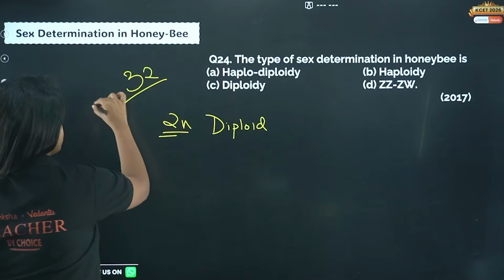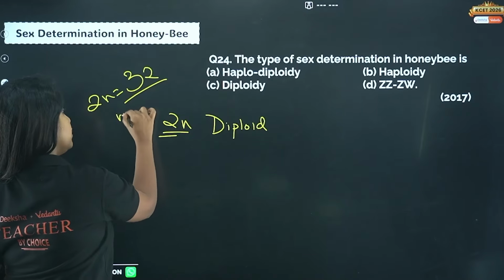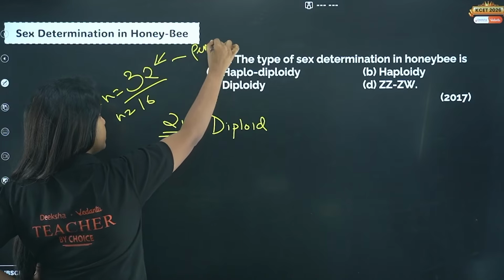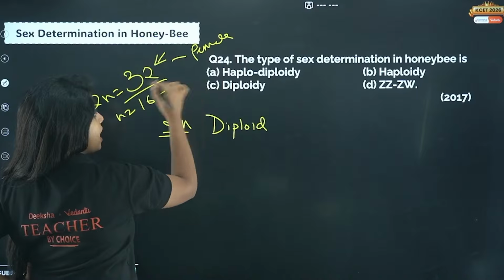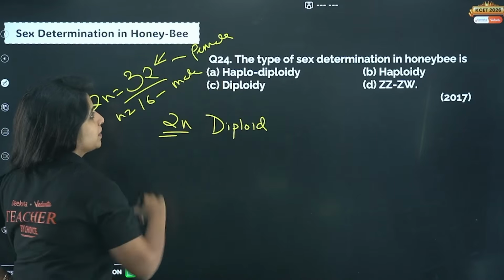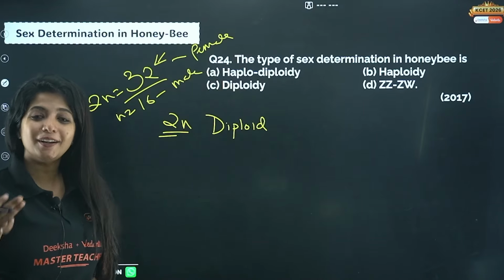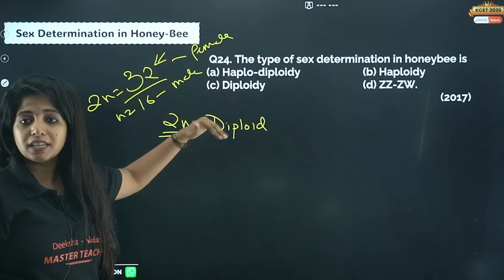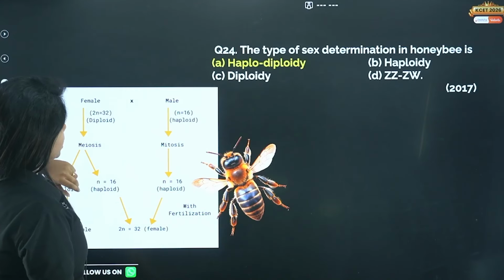That is the diploid condition. And half of it is what? 16. If someone has 32 chromosomes, this will be a female. And if it has half the number of chromosomes, this will be a male. This is known as haplo-diploid sex determination. Haploid male, diploid female. That is usually seen in the case of honeybees. Now if you're worried about how it works,